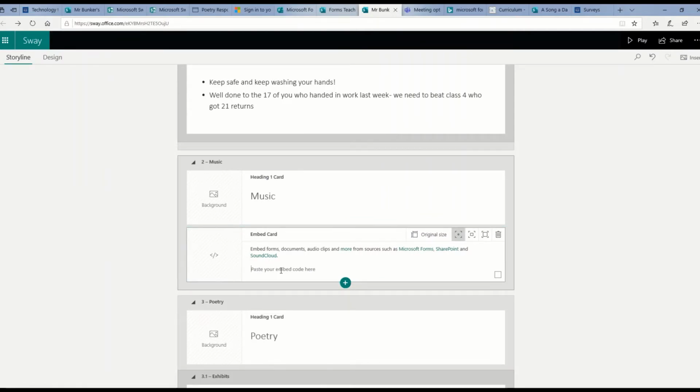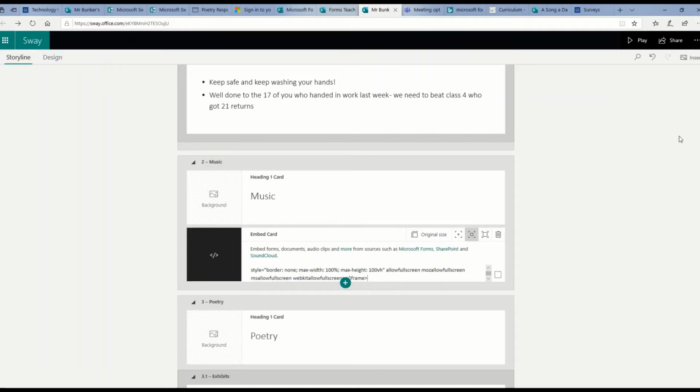I can just use Control V on my keyboard. I'm going to set the size for the medium size. That works pretty well as an embedded sway within my own sway. And that's it. That's all there is to it. I now click on play